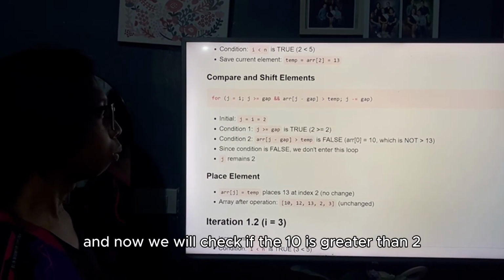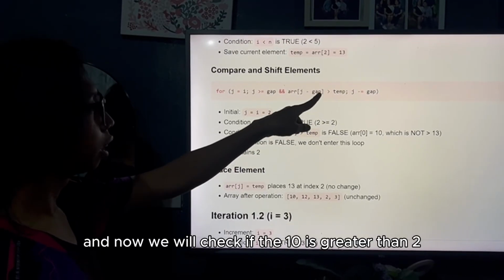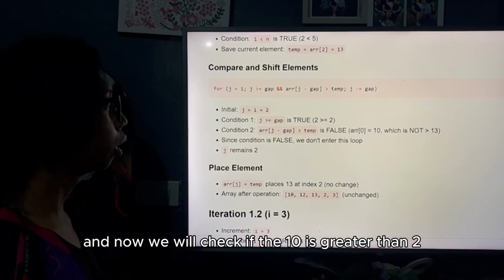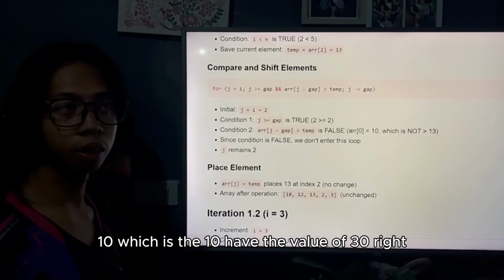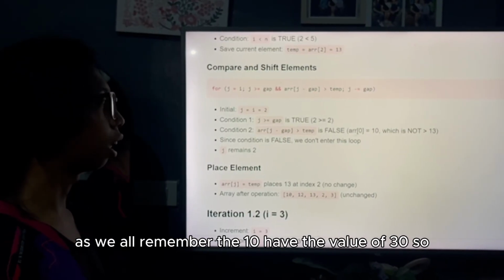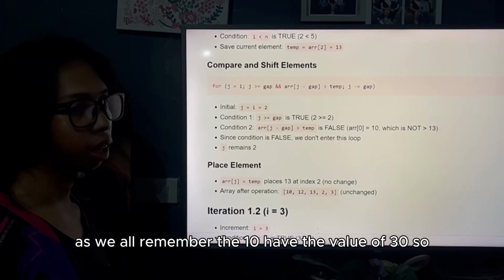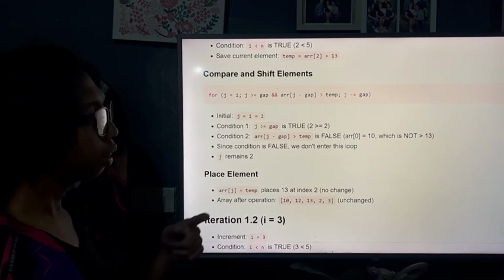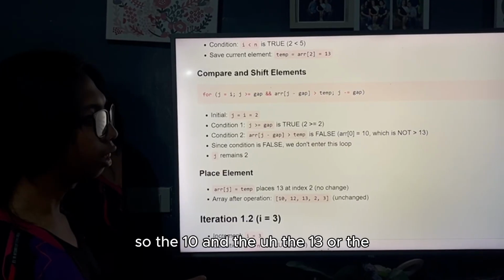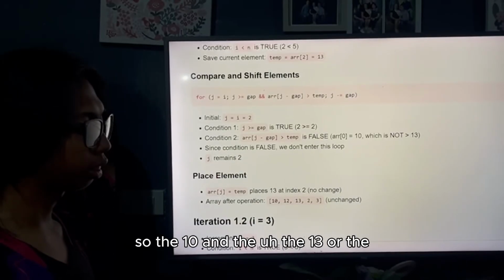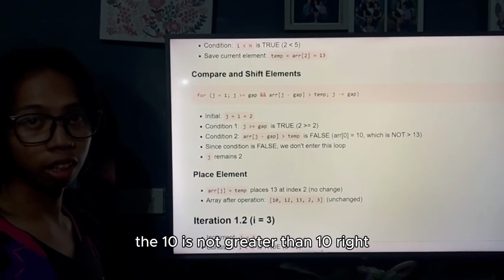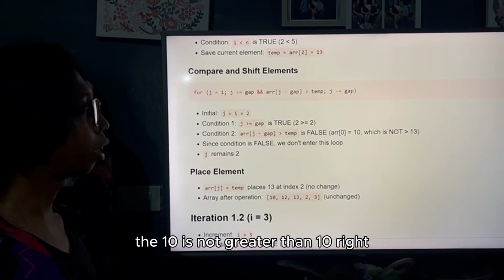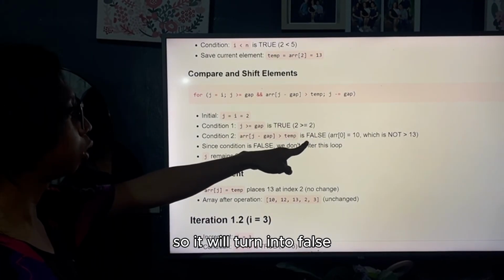And now we will check if 10 is greater than temp, which has the value of 13, right? As we all remember, temp has the value of 13. So 10 is not greater than temp, so it turns into false.